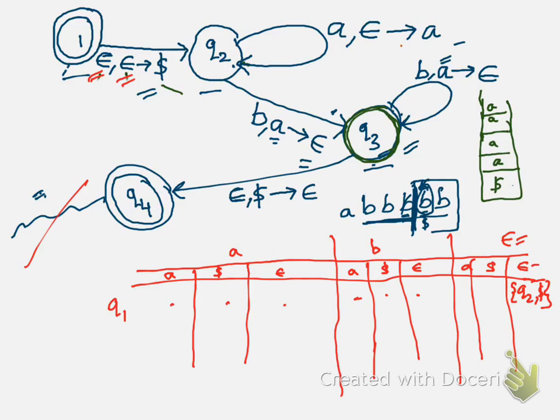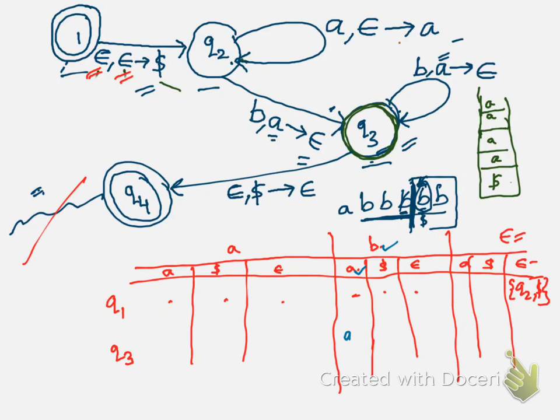Similarly, let's say I want to write the transition from Q3. From Q3, when the input alphabet is b and the stack top is a, where do I go? We can write here: from Q3, I remain on Q3 while popping the a. Done. In this way you can fill the entries of this table, and if some entries are empty, this means that there are no transitions defined. All these empty entries mean that at these places you are moving to the dead state and the string will be rejected.